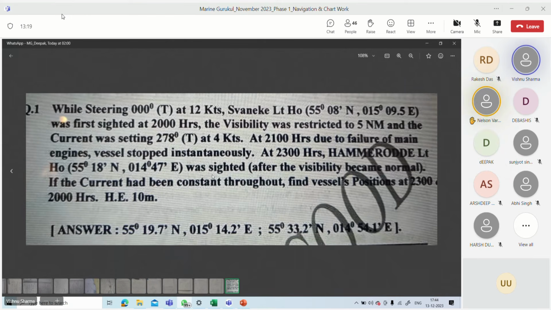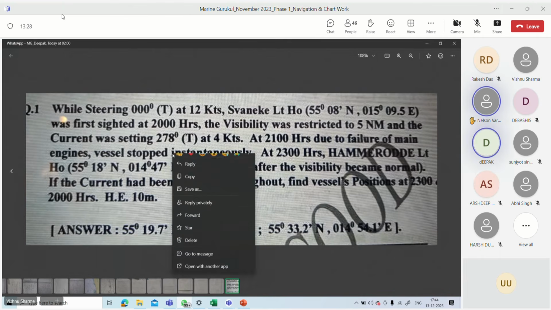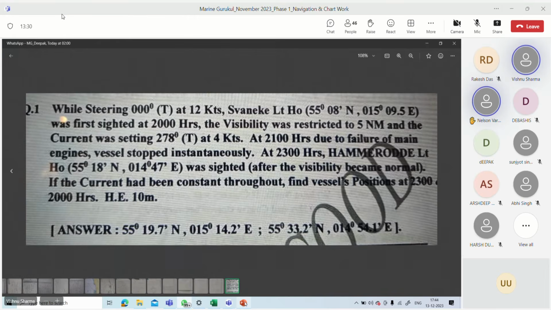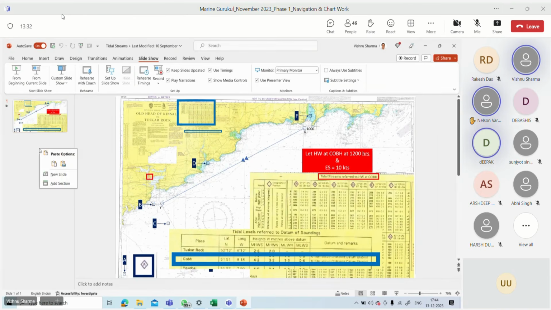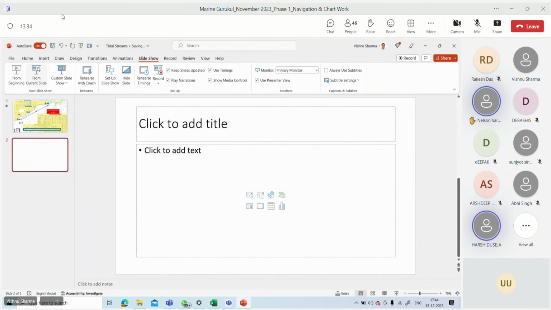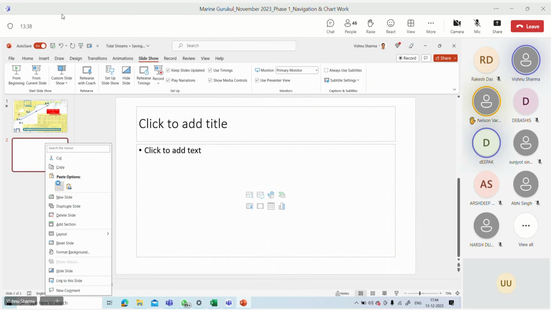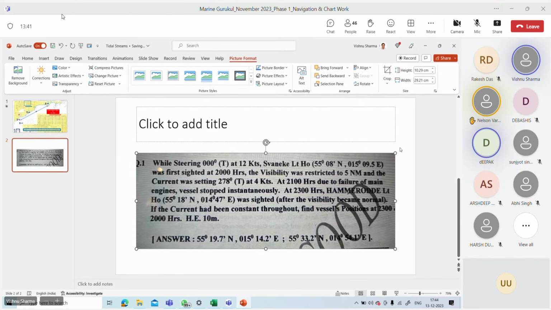That's what I'm saying, right? So we can transfer. You will still not get a position at 2100 hours. So I think we can get the position from the same PC. Tell me how, beta. I will share the photo of my solution in the group. No, don't share in the group, you tell. Sharing in the group will not work. You tell me, sir, how are you getting the Swanic position?